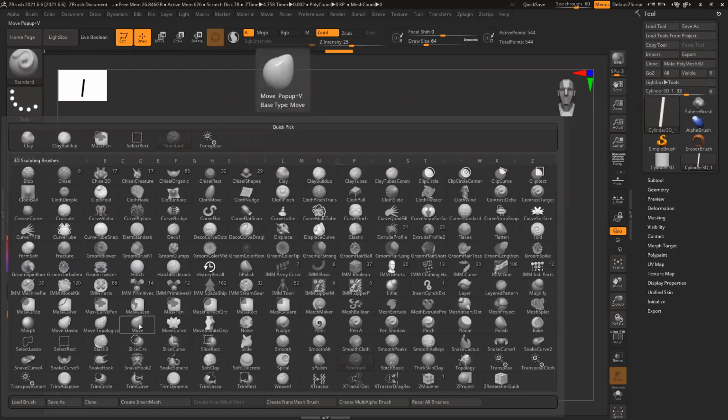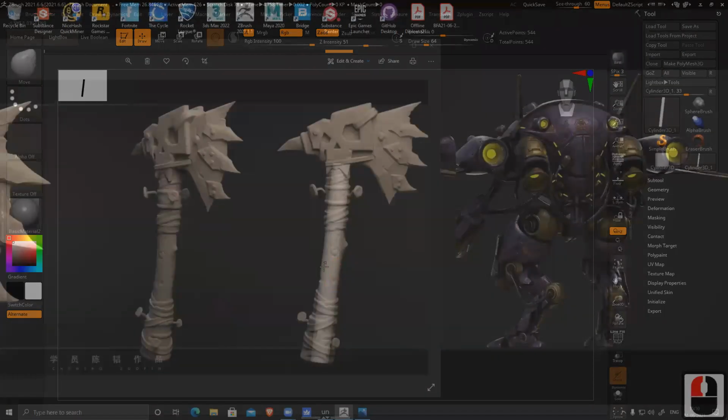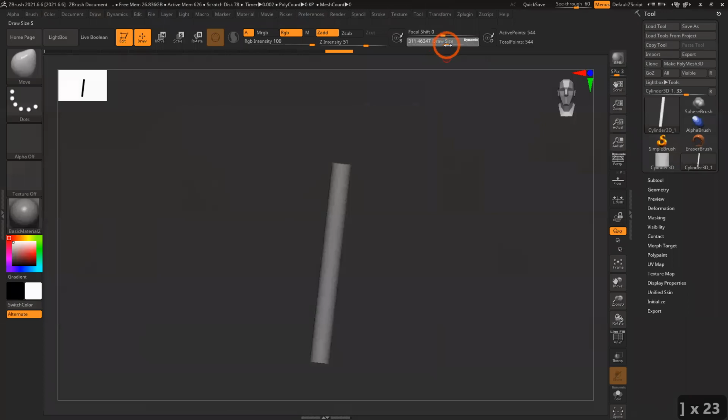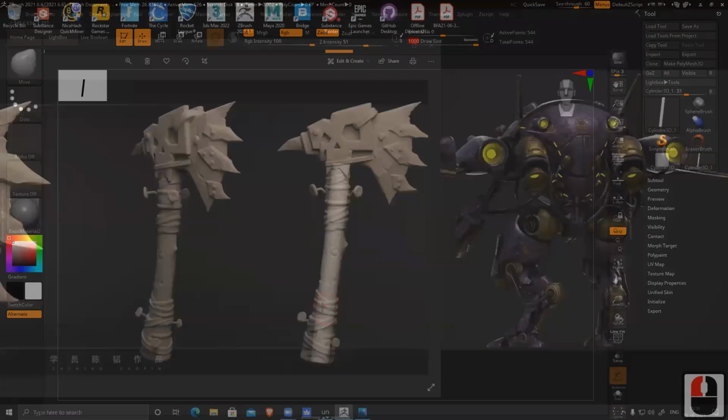So I'm going to use Move. Brush size. Right now the size of the brush is very small and I cannot go beyond 1000. That means the scale of the model is too big.